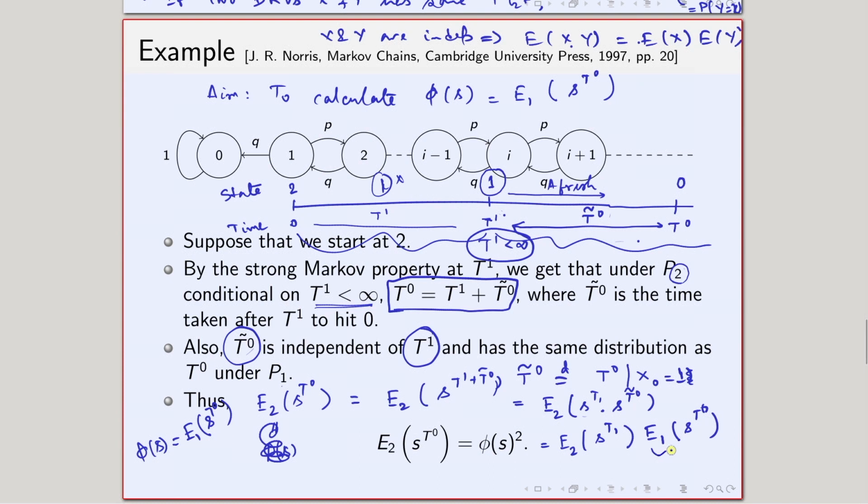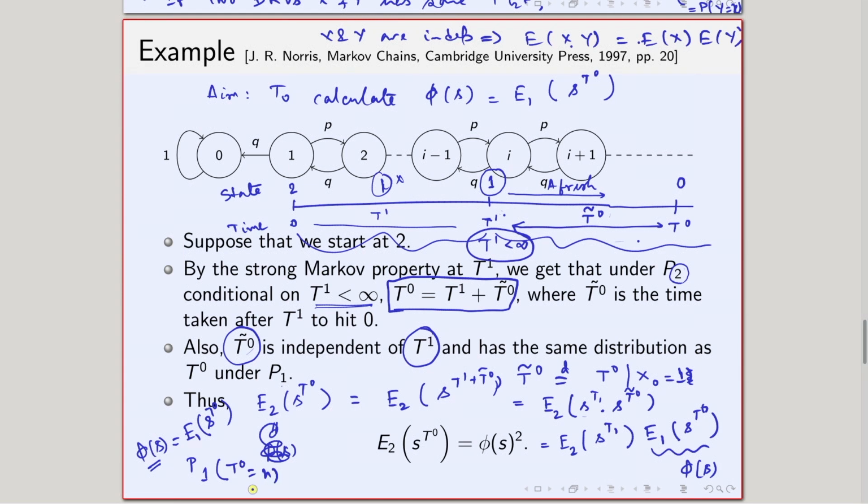So this part is clearly phi s. Now what about this part? Now look into this Markov chain once again. So this phi s is basically nothing but, starting from 1, the expectation of s to the power t naught. That is basically the thing. Starting from 1, the expectation of s to the power t naught, that we have denoted by phi s. Now you see that starting from 1 hitting the state 0